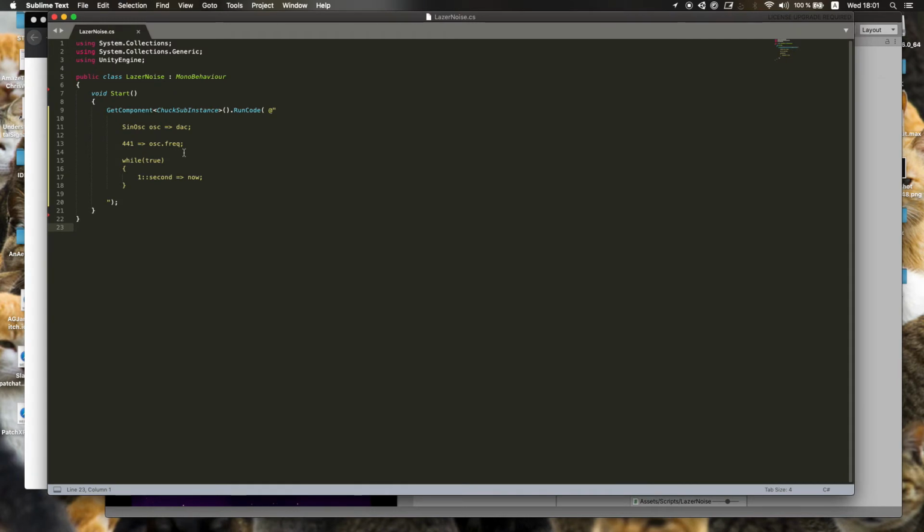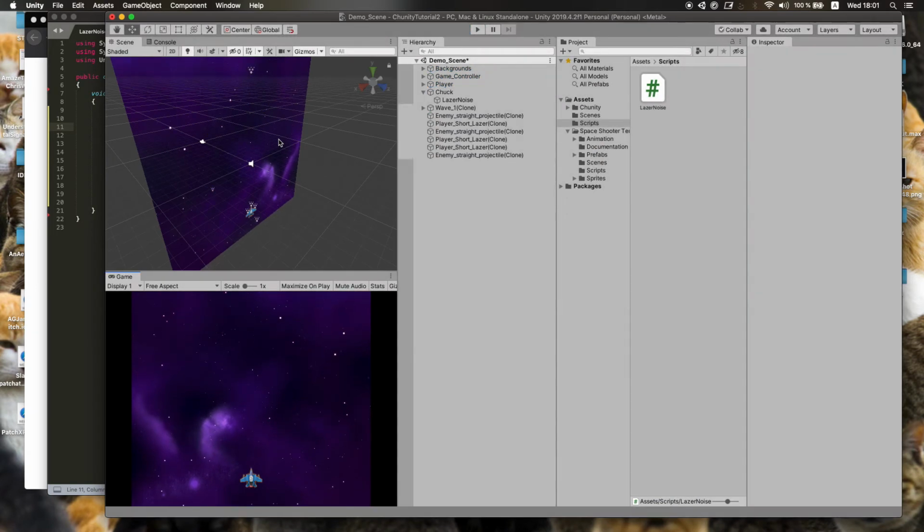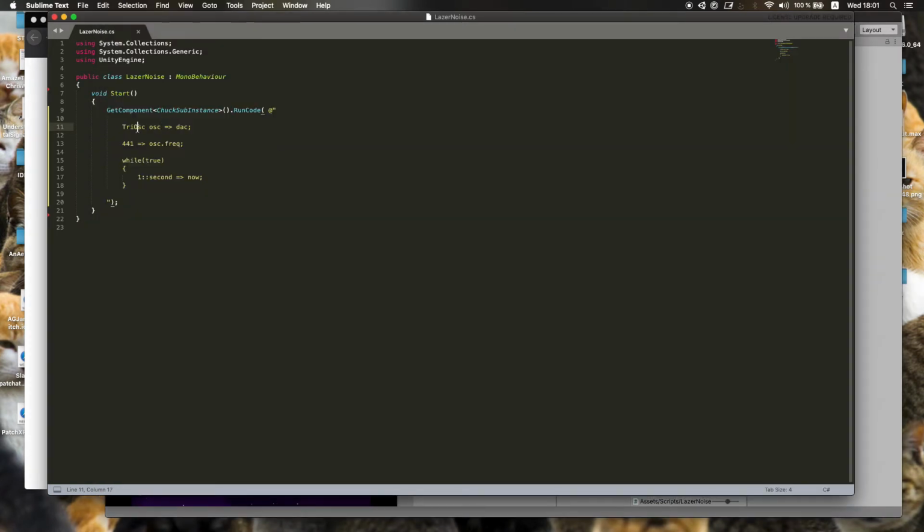Next up, so yeah, that's sine oscillator. I guess it's also worth showing you the other basic waveforms we can get inside of ChucK, in case you haven't used the environment before. So we've got things like TriOsc for a triangle oscillator. We can take a listen to that. Very good. We've also got a square wave oscillator,